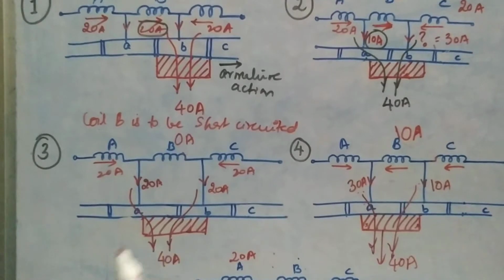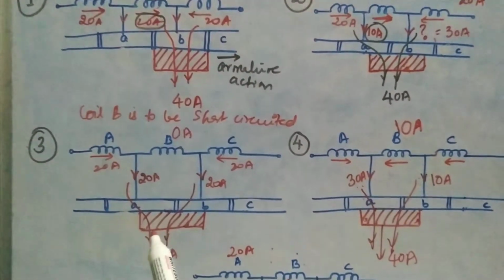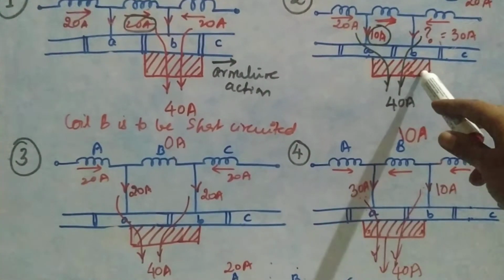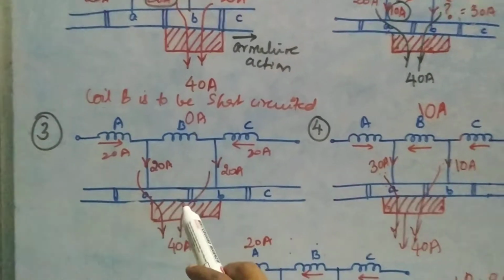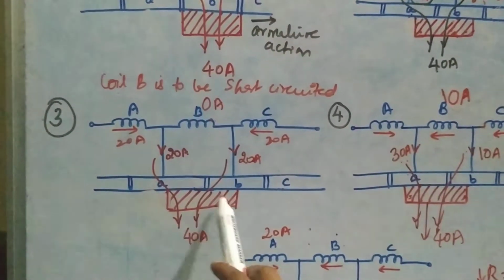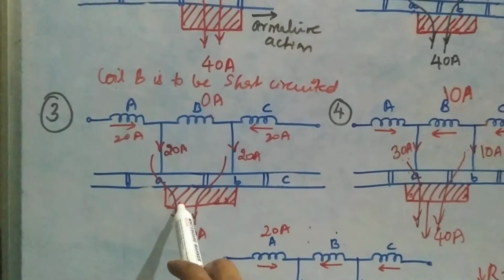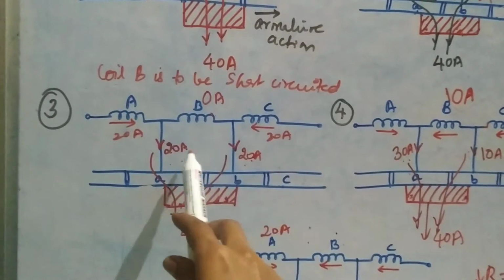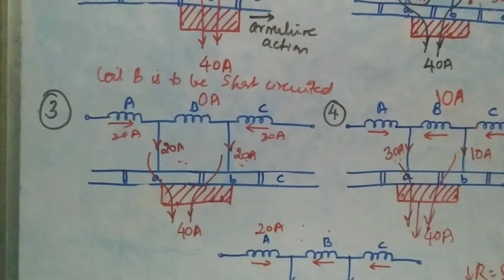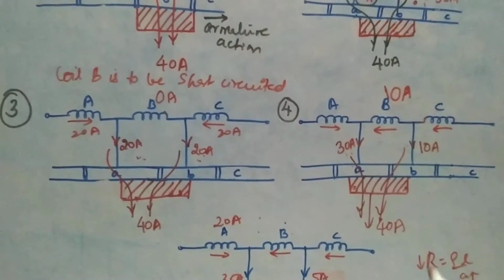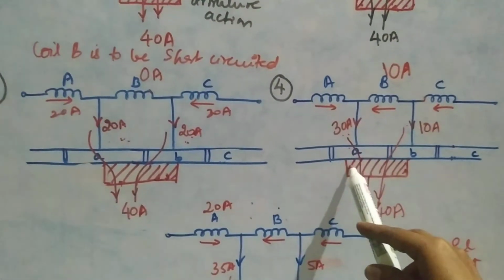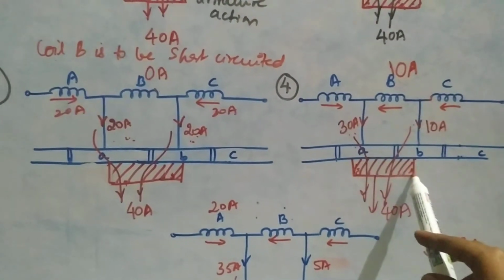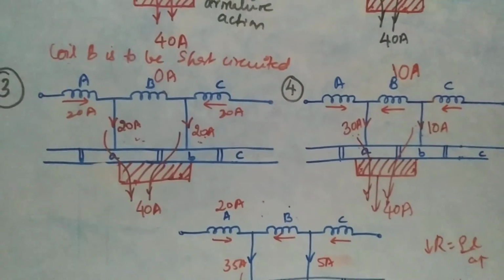Similarly, in the third figure you can see equal contact area with both segments A and B. Here it is 75%, here 25%. Here it is becoming 50% under the contact area of A, and here it is B, 50% with the contact of A. So both have equal current, that is 20 amperes, flowing here. Similarly, with the next figure, you can see the contact area under segment A is 75%. It is increasing from 50 to 75, and this is decreasing. So here the current will decrease.